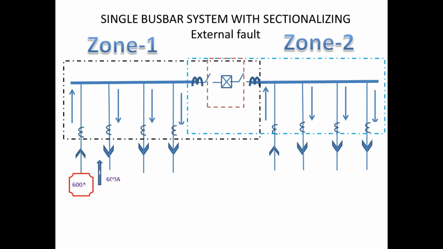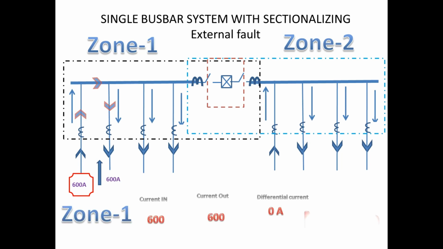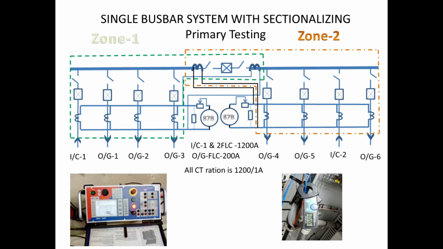Now we go for out-zone fault. I am going to inject current on incomer 1 and outgoing 1. So the current in and out is the same. There is no differential current flow over here, so the relay will not give any trip. In the same way we have to check for all outgoing to that bus,